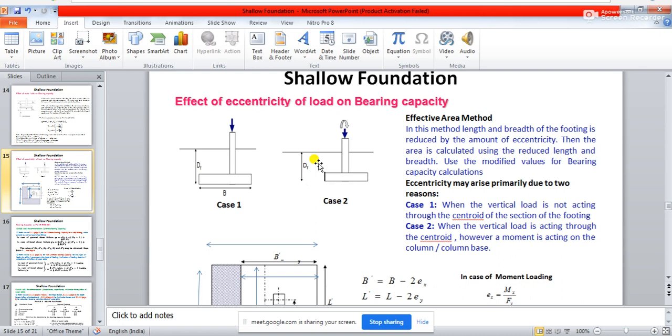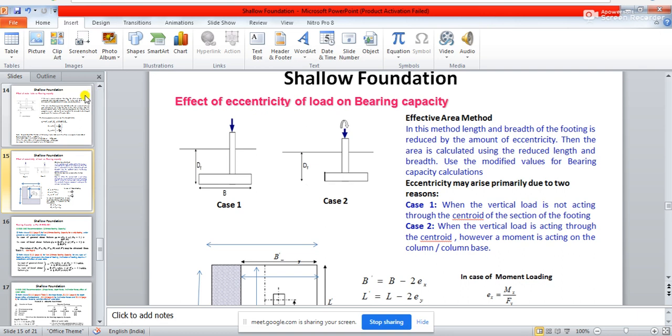But if you think about a rectangular footing, a square footing, or a circular footing, then in the equation of the shape factors the length is also introduced, right. So to take care of a rectangular footing's eccentricity effect in bearing capacity, you will have to use the changed length, or the effective length, which is L dash, equal to L minus twice e. That L dash you need to use in that equation.